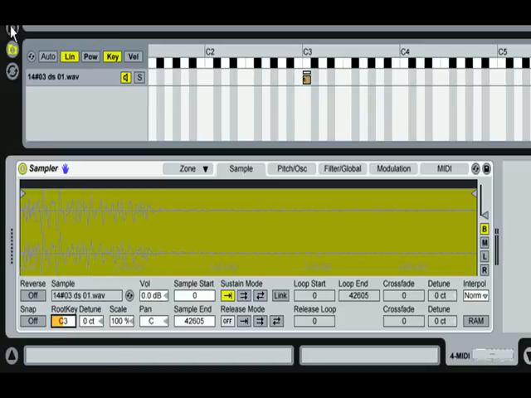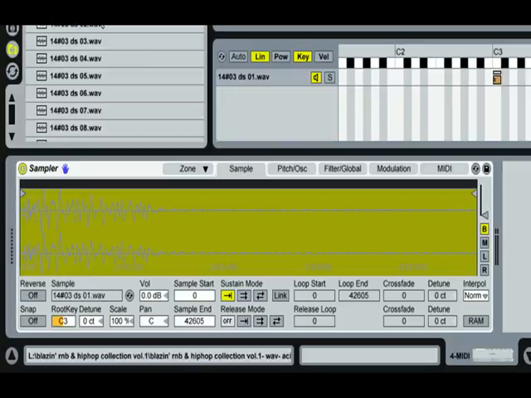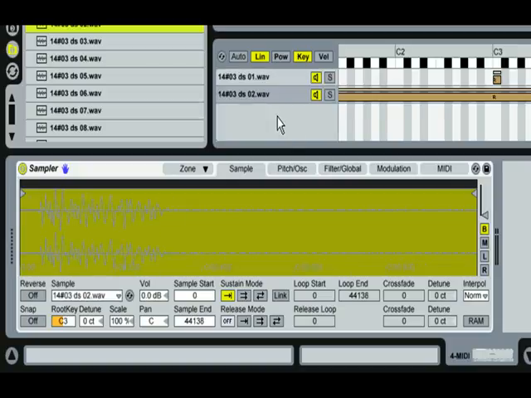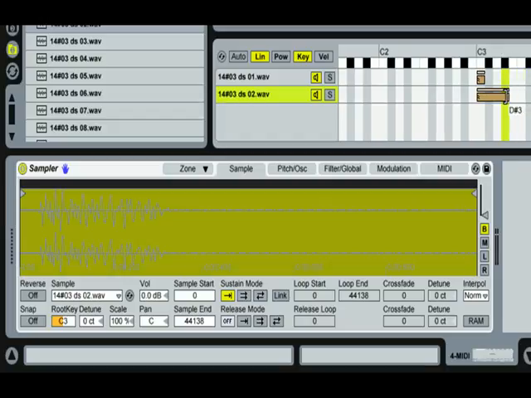and it's pretty much that simple to layer other drums on top of it. If I was to drag another one in here, it would set it up, and I can either keep it on the same key and the same root note. Now I have 2 drums playing at the same time,